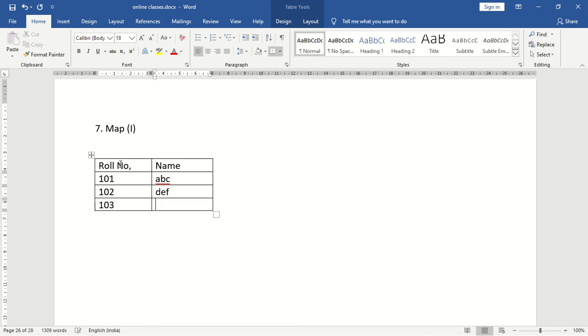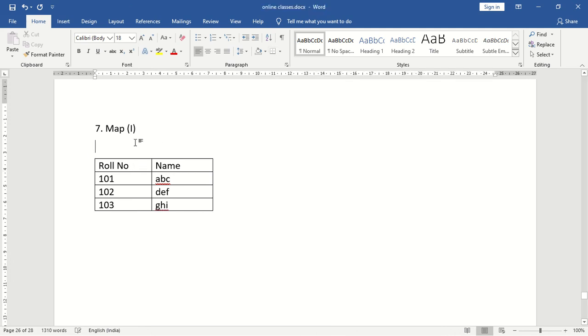Next, 103 name GHI. So here what is the key and what is the value? Roll number acts as a key and name acts as a value. So if we want to represent a group of objects as a key value pair, then we should go for map interfaces.